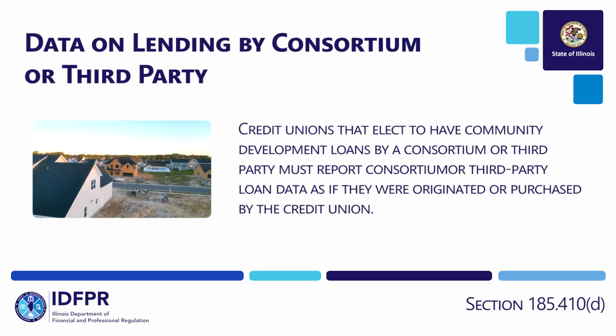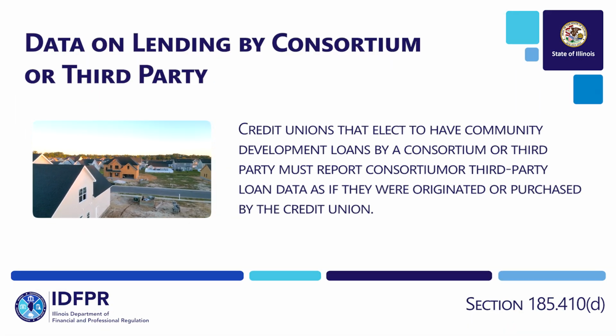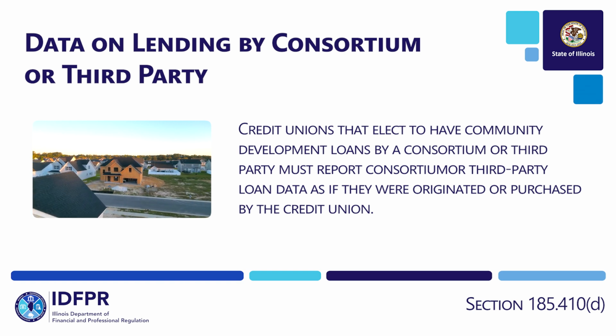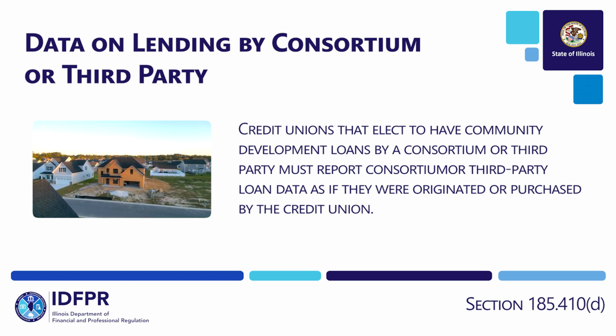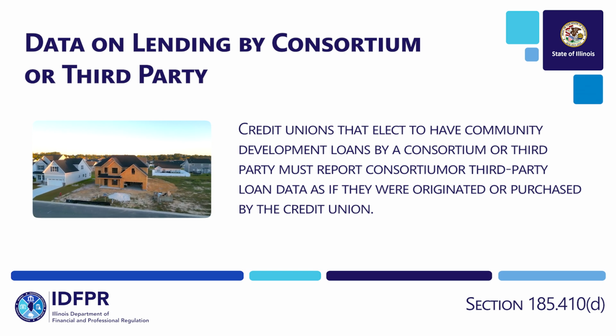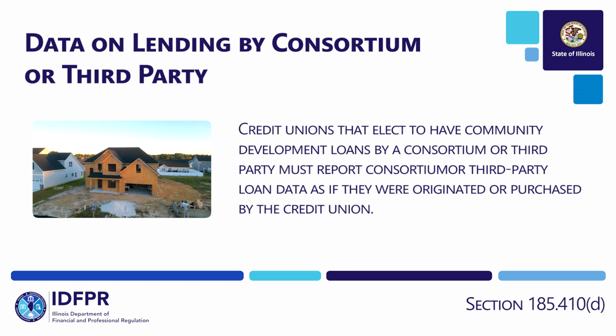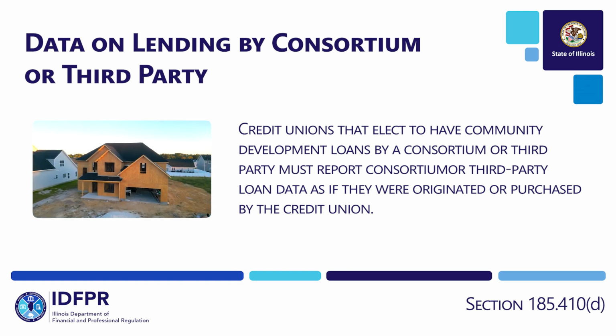For purposes of the lending or community development tests or an approved strategic plan, a credit union may choose to have the secretary consider community development loans by a consortium or third party. In this case, the consortium or third-party loan data would be reported as if they were originated or purchased by